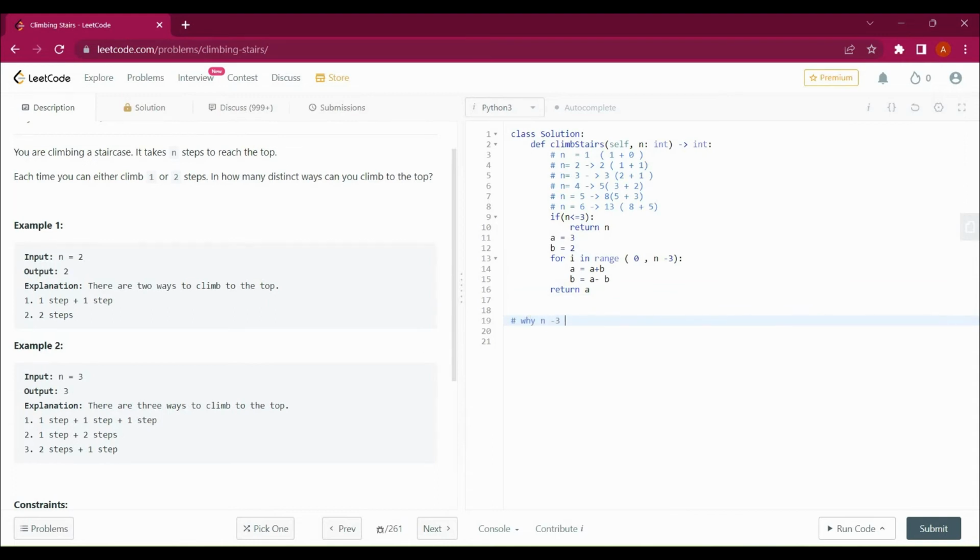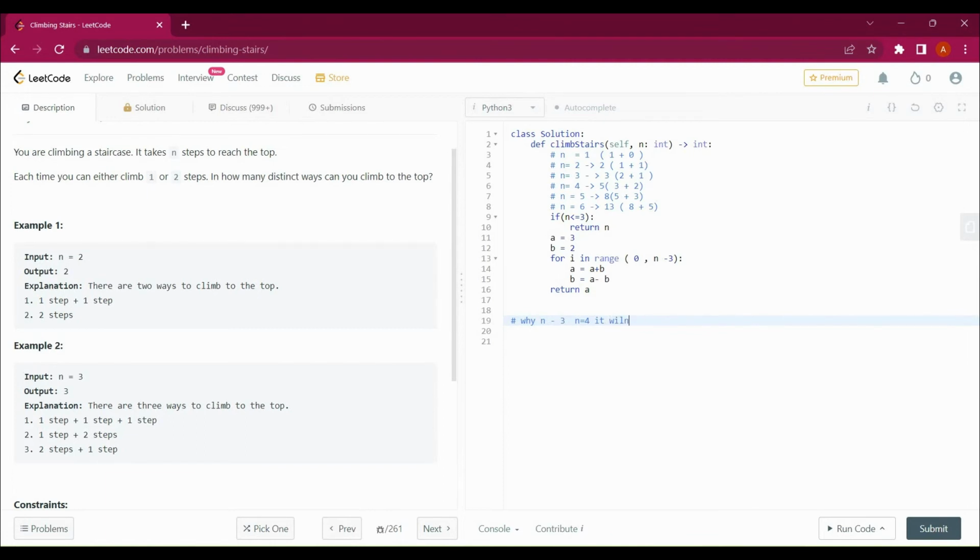So if we see here, when we are iterating the loop for n equal to 4, we want to make the iteration count start from 1. So let's see what I'm talking about here. When n is equal to 4, the condition will be false. So it will only iterate